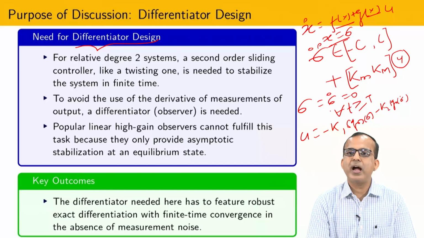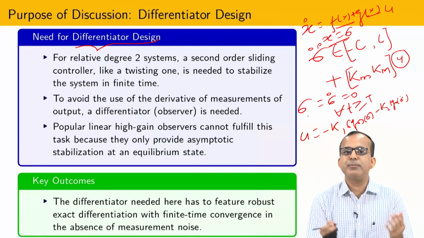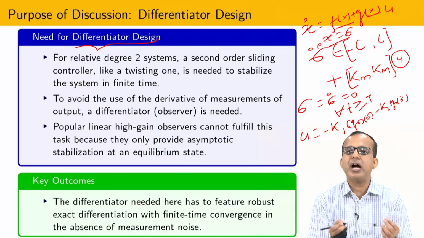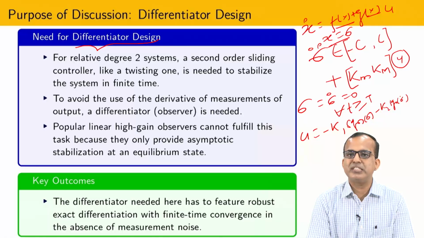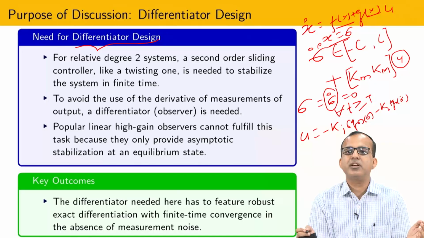One can go via a numerical differentiation technique, but it will not work because most of the time the measurement of sigma coming from the sensor contains high switching frequency noise. If you differentiate that noise, which has very small amplitude, during differentiation it becomes very dominant, and in this way you cannot get even approximate information of sigma dot. Due to that, the numerical differentiator we have to avoid.